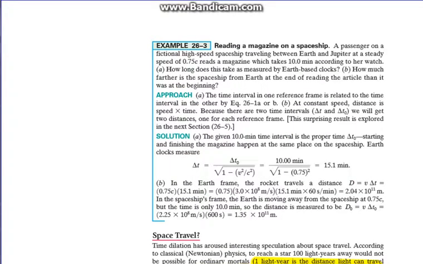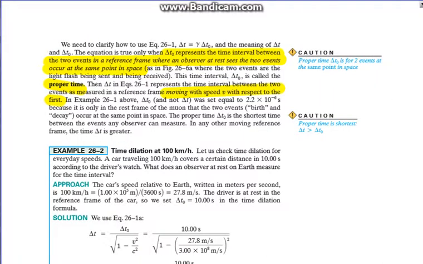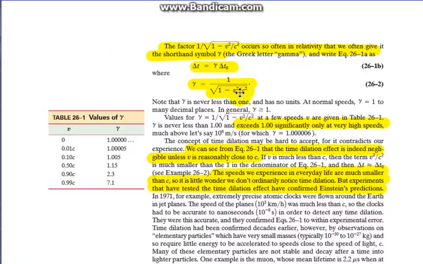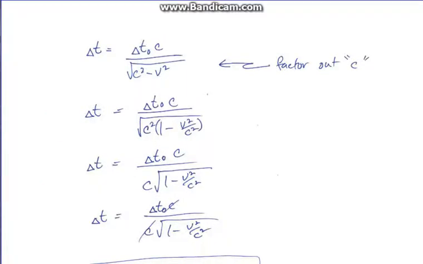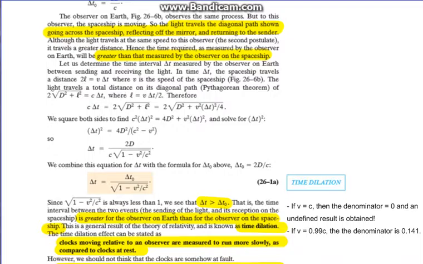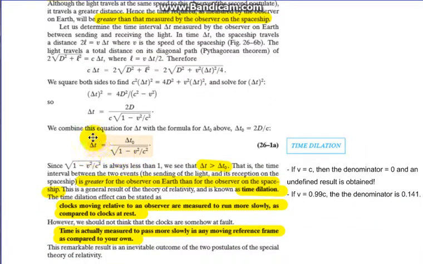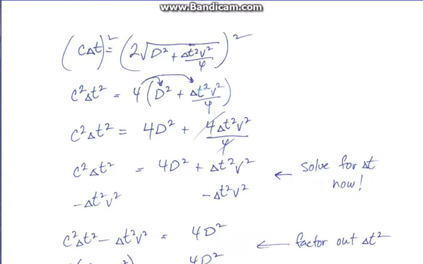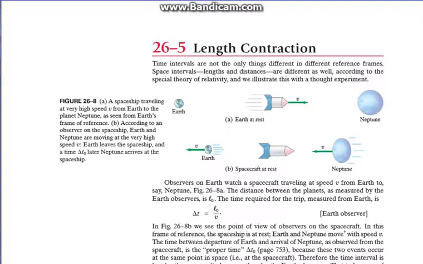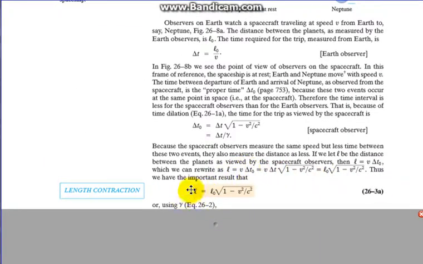You can see it's very similar to the time dilation one. The only difference is, if we take a look back here at the time dilation equation, there it is. Holy smokes, we had a lot of derivation there. Okay, so if you look here, the time dilation is equal to proper time divided by this factor, whereas with the length contraction equation, it's the length contraction is equal to the proper length multiplied